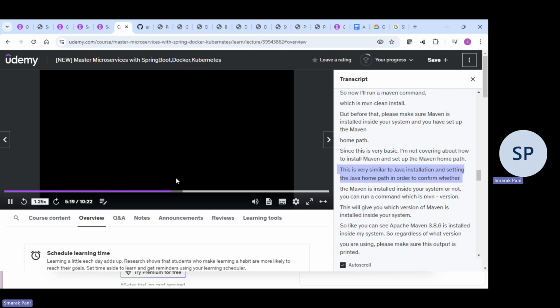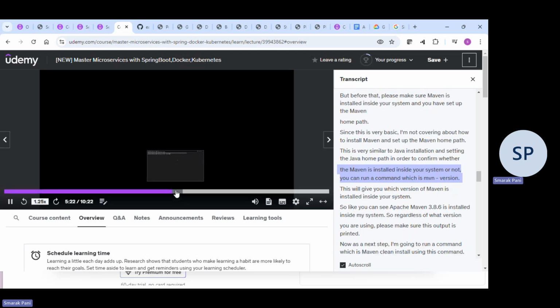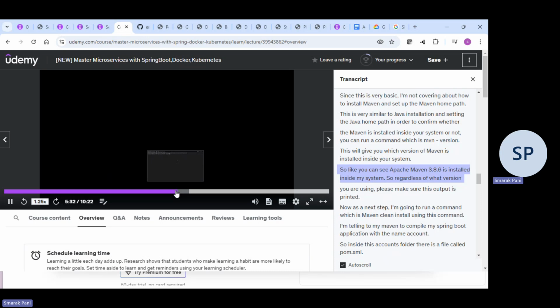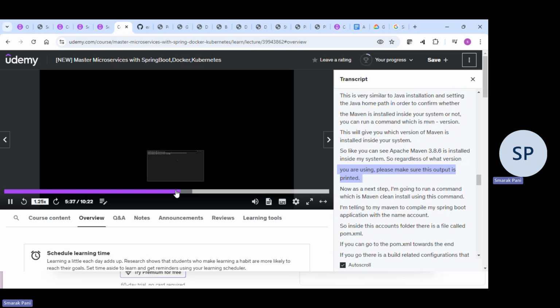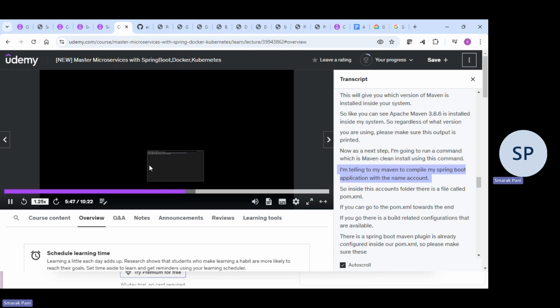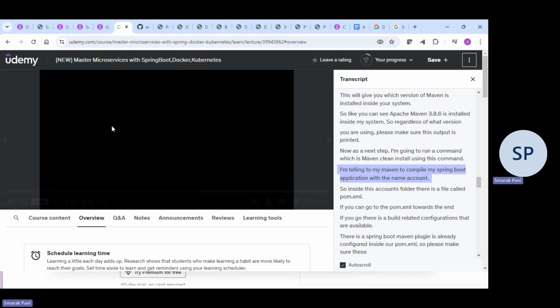In order to confirm whether Maven is installed inside your system or not, you can run the command mvn -version. This will show which version of Maven is installed inside your system. As you can see, Apache Maven 3.8.6 is installed inside my system. Regardless of what version you are using, please make sure this output is printed. Now, as a next step, I'm going to run the command mvn clean install. Using this command, I'm telling Maven to compile my